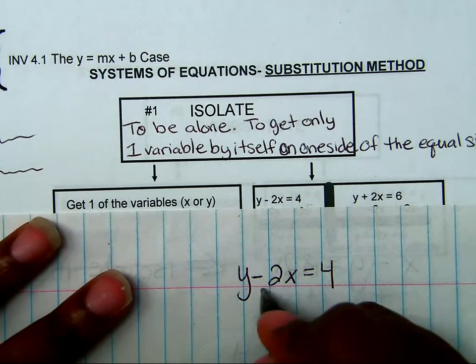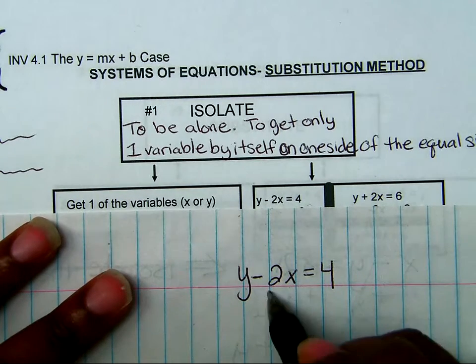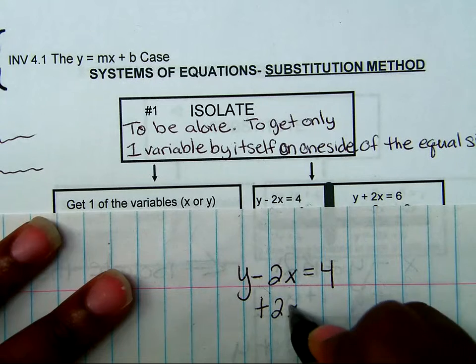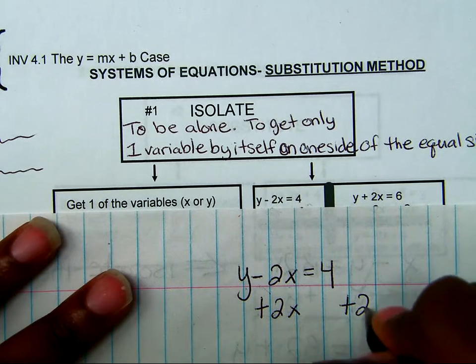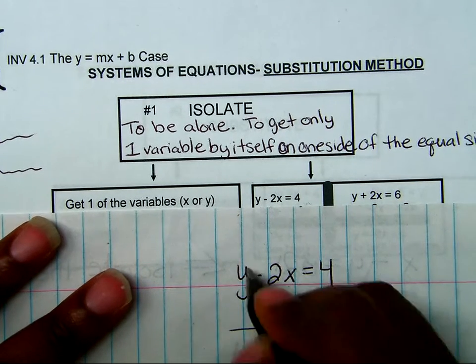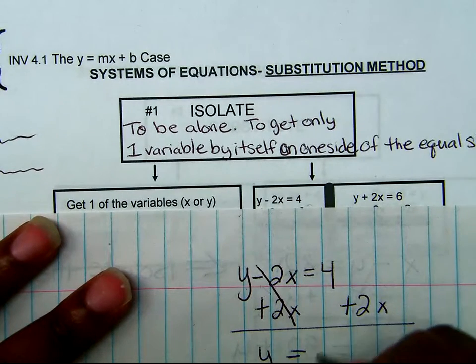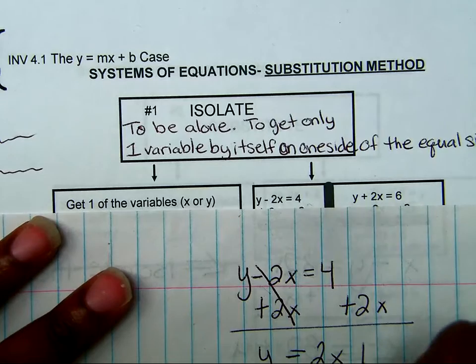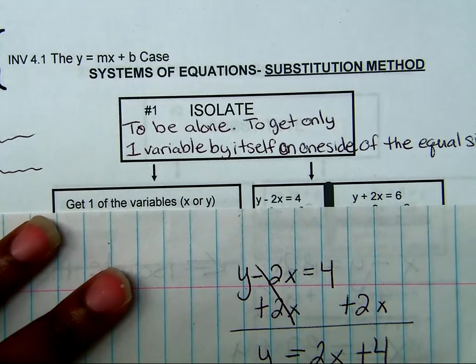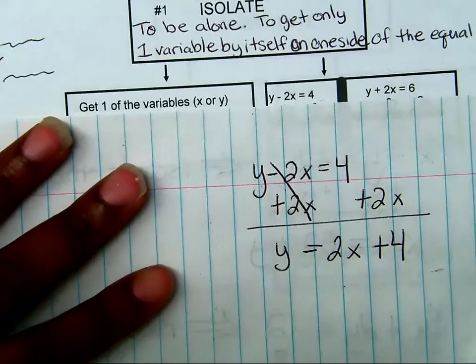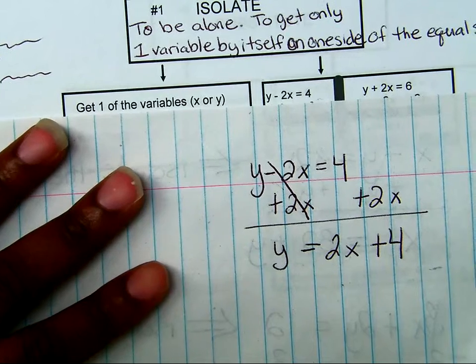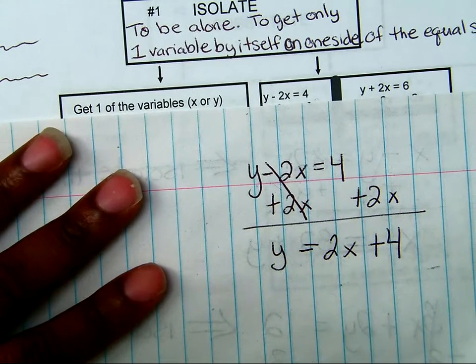This is in the rewind stage. I need to do the opposite, so plus 2x, and I have to do the same thing to the other side. Bring down my y equals, because this cancels out, 2x, and this is a positive 4, so plus 4. I just isolated the variable. Okay? So now that I've isolated the variable,